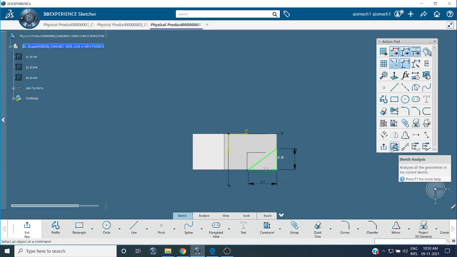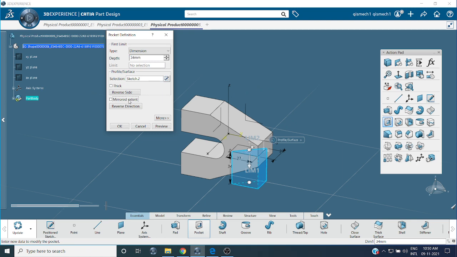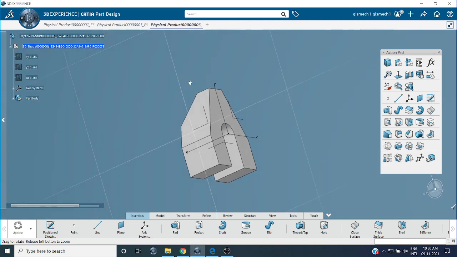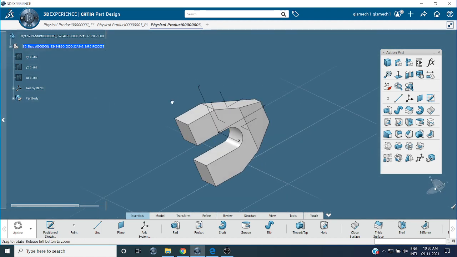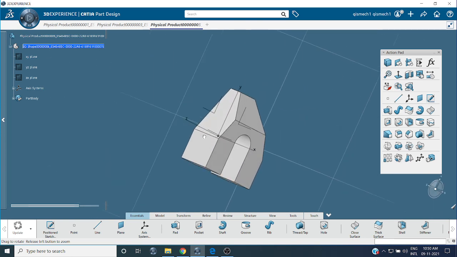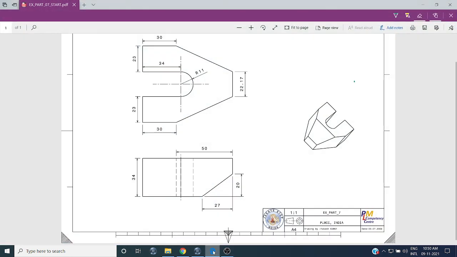Then go for the exit workbench. So pocket, mirrored extent, and you can see your diagram.